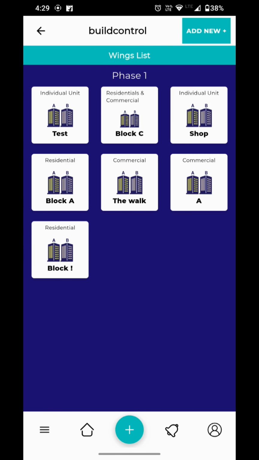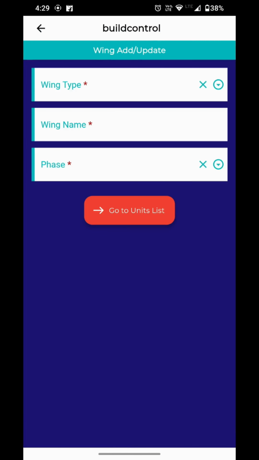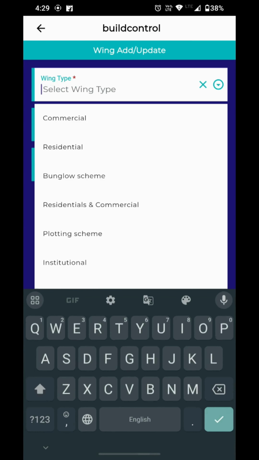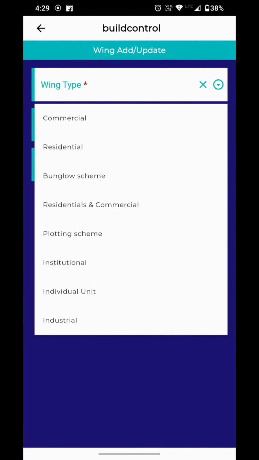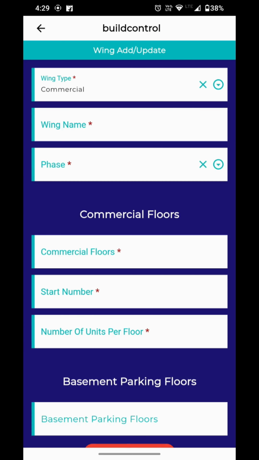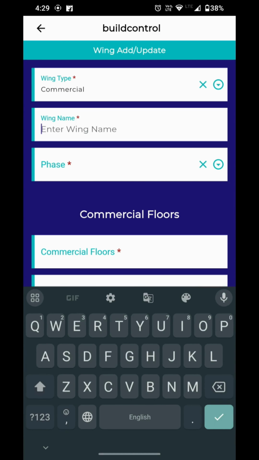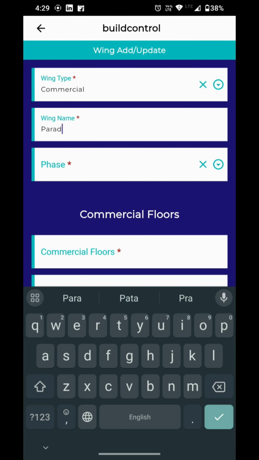For adding a new wing, you have to click on add new plus. Here you have to select the wing type. Wing type is basically which kind of building yours is: commercial, residential, bungalow scheme, or individual unit. According to your selection, your other options will be visible. So I am selecting commercial. Give this wing a name, like I am giving it Paradise Home,